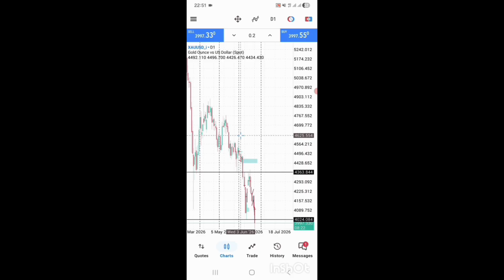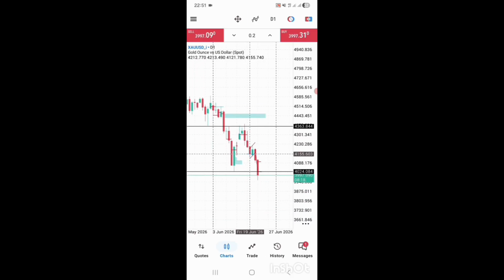Now it looks like it's going to break this high to close off, like how I told you it might. Leave a candle like this. However, this one is red. Leave a candle like this.